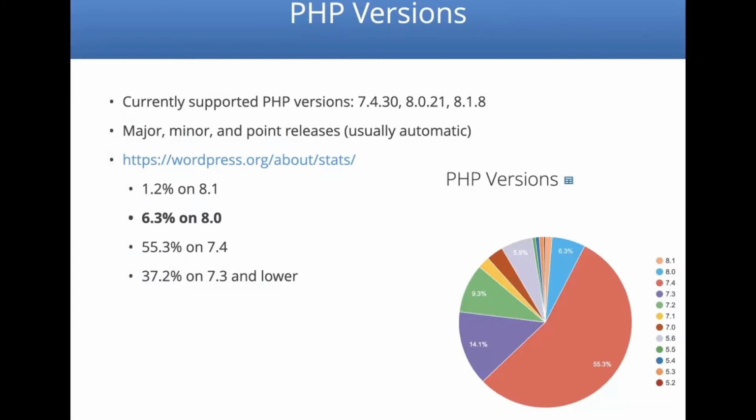Okay, so the currently supported PHP versions are 7.4.30, 8.0.21, and 8.1.8. That third number is the point release, and usually you never see this, at least I haven't seen it when choosing to upgrade PHP. I think the host usually does it automatically. So the major and minor,